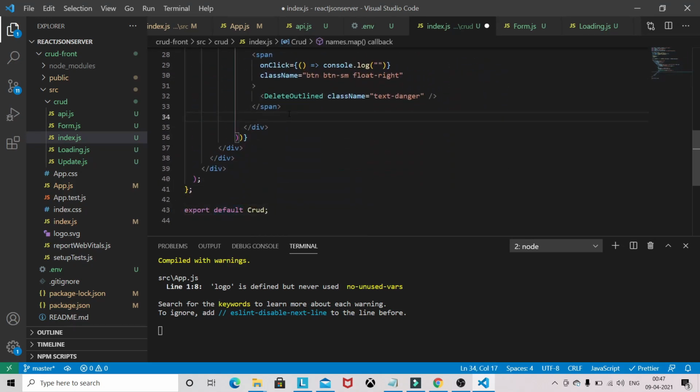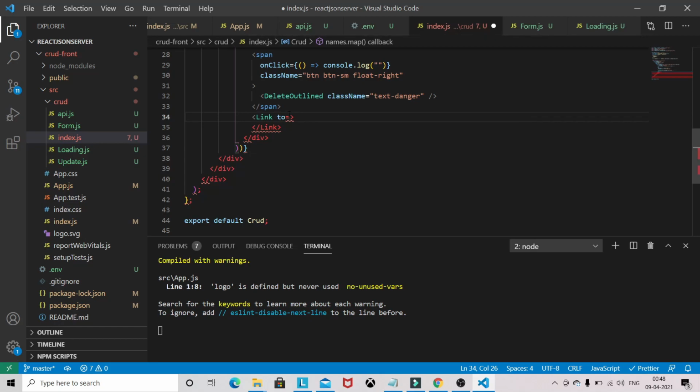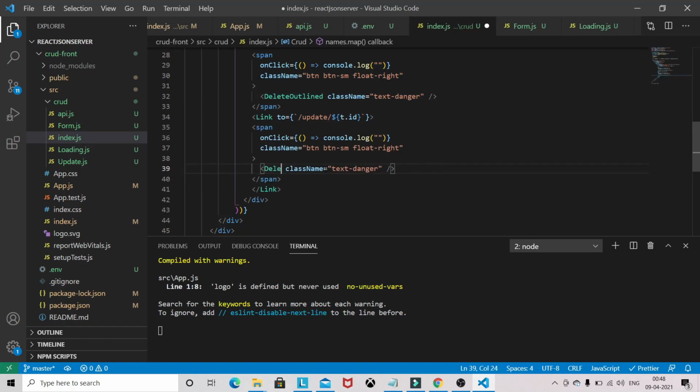Okay, so once the user clicks on the edit icon, it will go to, so I will define the route here from the data, t.id. Then we will be specifying the icon. I will just copy this one for now to save some time, and this will be EditOutlined.